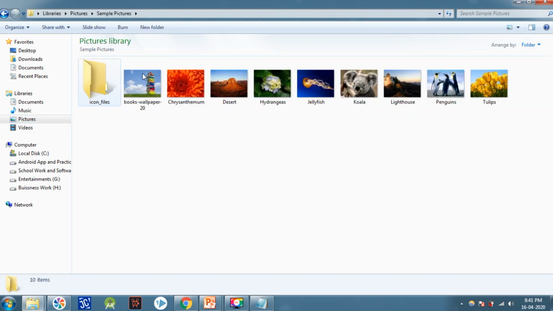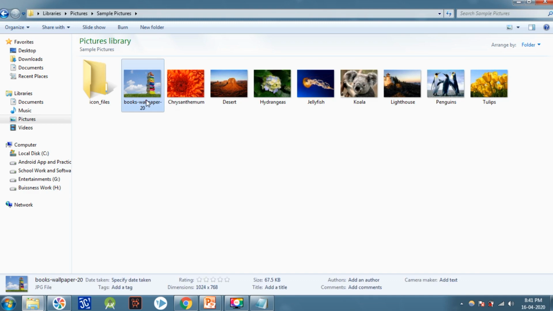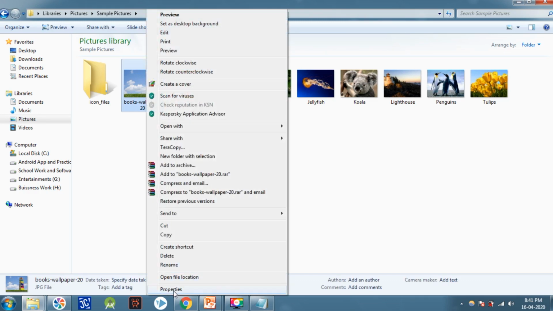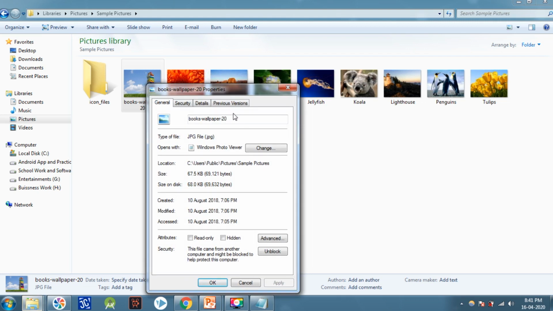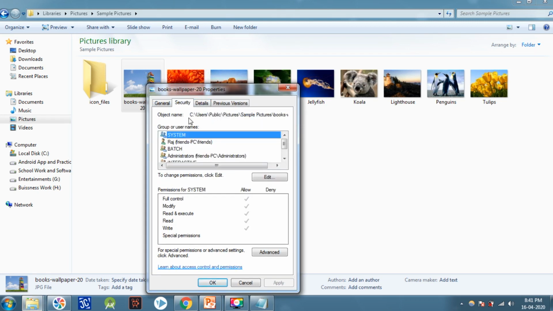Suppose I add this particular image as a background. Right click on this image, a menu will appear, go to Properties, go to the Security tab, and you can see the object name. Click on it, select it till the end and copy it.